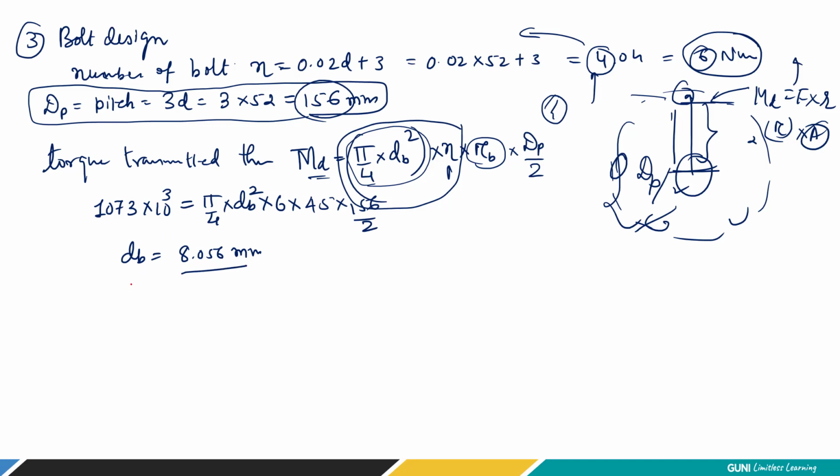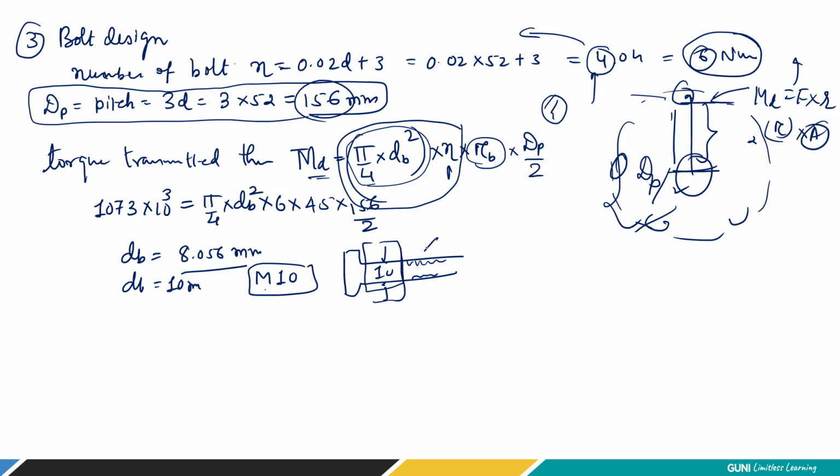So on the safe side, we can take dB equal to 10. So how can we write? We have to use a bolt of M10 size, metric 10 millimeter, right? So what does it mean? This unthreaded part is 10 millimeter and the threaded part is a little bit smaller. This unthreaded part is supported in the flange and outside, the nut is fixed. That's why we have taken this value directly instead of dividing by 0.84. So this is the size of the bolt. I hope the problem is clear to you. If you have any doubt, please ask questions.